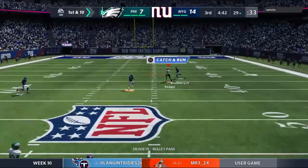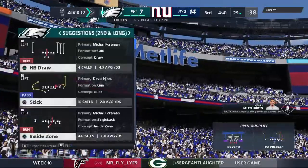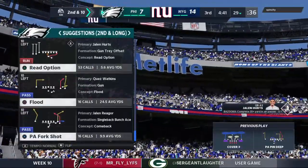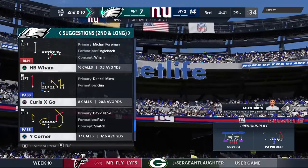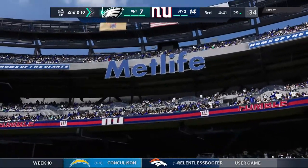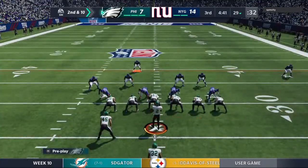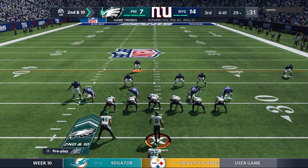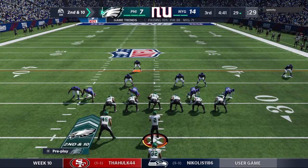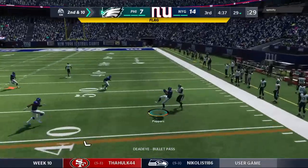He'll fire deep for Rager, and that is incomplete. Took a shot there on first down, but he couldn't reel it in. You know, despite the scoreline, I think they've got to like where they are here. They're on the road and just one big play away from getting right back in this game. I'm going to follow right along with you because the spot they're in now is a credit to their defense. They've kept them in it by making the plays that they've made, and that just means...